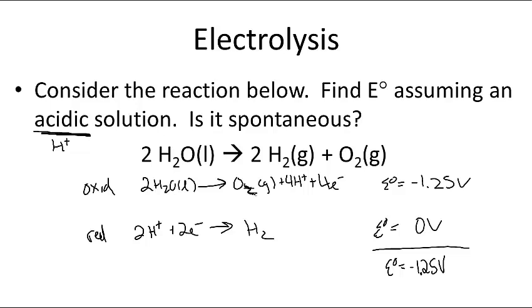But isn't it not an arbitrary scale? It's all in comparison, right? Our E naughts are not really E naughts, they're delta E naughts. They're the difference between two. So it's arbitrary to do a single one. But can't you solve for E naught from other things? You might be able to solve for E naught for other things. Okay, so